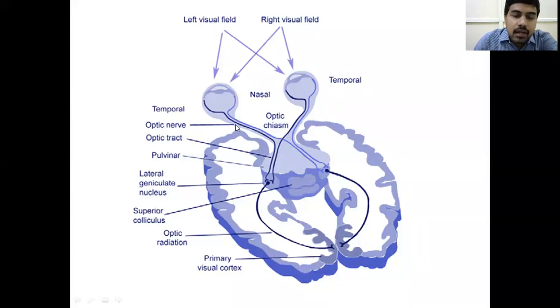So remember, the optic nerve is formed by the retinal ganglion cell axons. So any damage to the retinal ganglion cell axons only causes optic atrophy. So the damage should occur anywhere after the synapse from the bipolar cells, that is in the retina, up to the lateral geniculate body before the synapse. So only if there is damage to the second order neuron, you will get optic atrophy, or else there won't be any optic atrophy. If the optic radiation is involved, there won't be any optic atrophy. If the bipolar cell is involved, there won't be any optic atrophy. Only if this part is damaged will you have optic atrophy.